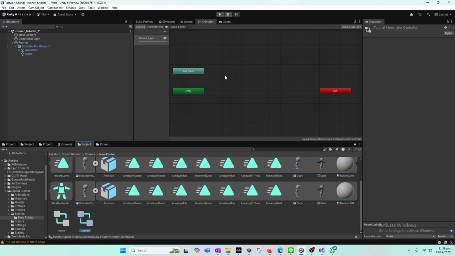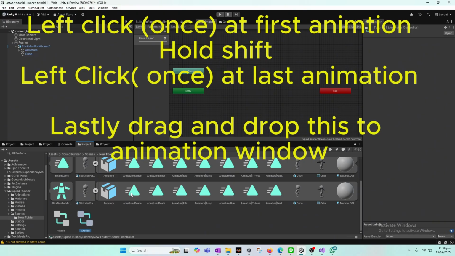This was the new animator controller, tutorial 1. Right now it's blank, the reason being that we created a new one, and now we have to import the animations one by one from this FBX model. So what we'll need to do is left click one time on this dance button. Then we need to hold shift and go to the end of the animation names, which is walk, and left click one more time. When this is selected, all of it is selected, and next you just need to drag